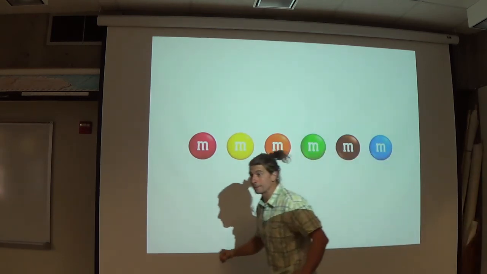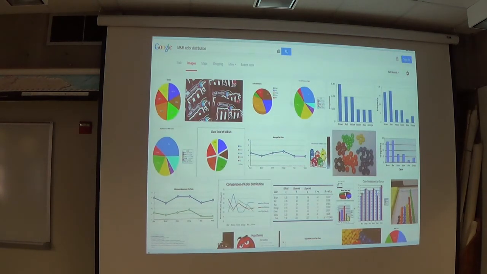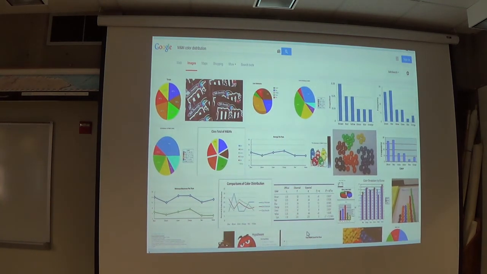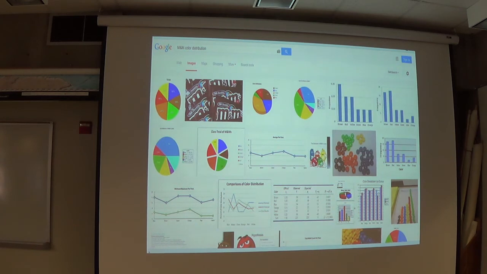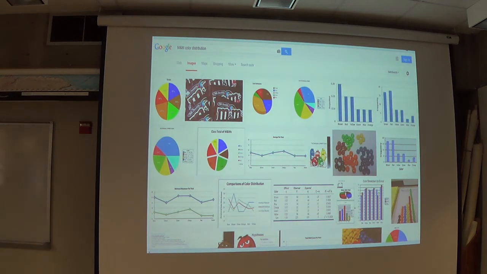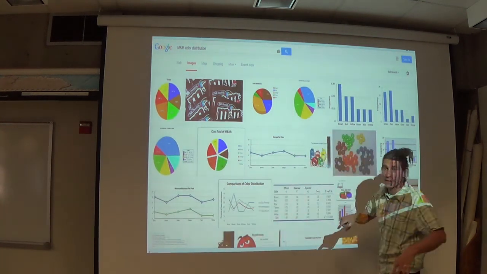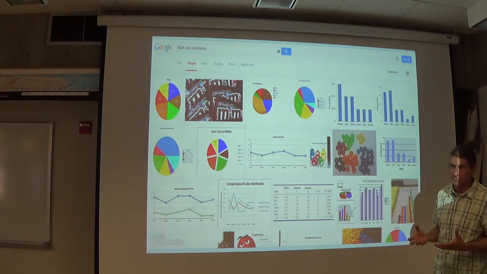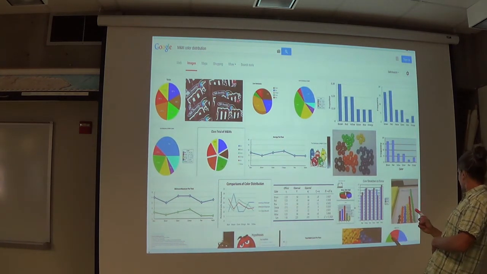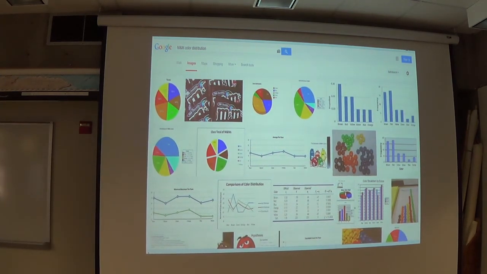What is the expected? Well, this is what Mars tells me. Actually, they have it posted on their website. I didn't have to write to them. We'll get back to that. Here we go. These are the distributions that Mars popularizes. Now, if you look at some of these, they're going to vary. These are the pie charts of certain people doing this experiment as well. But their exact color distribution I have written down somewhere. I think we'll look for it. I'm going to put it on the board.